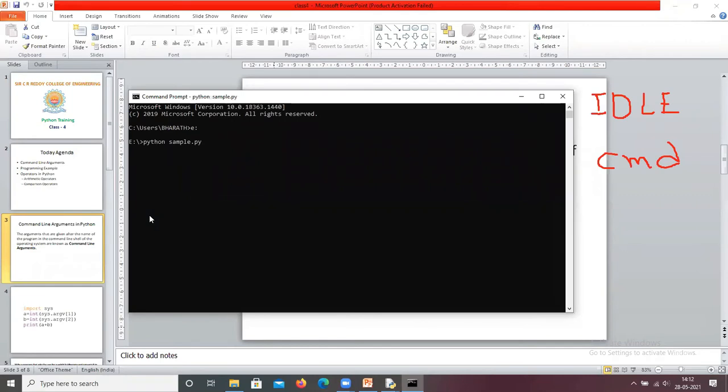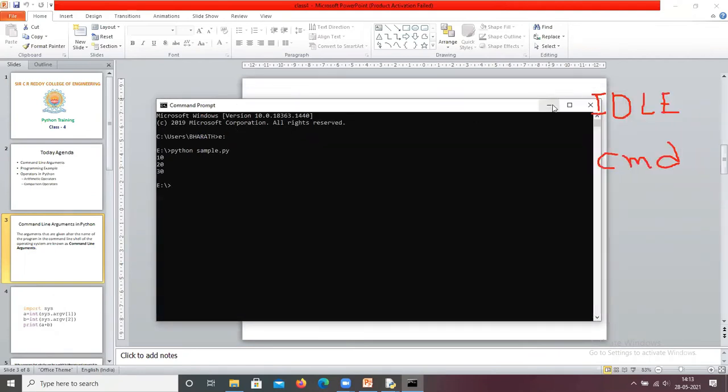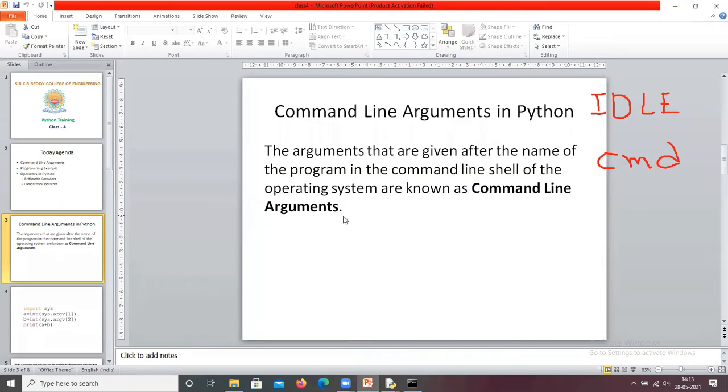If I press enter and give 10, 20, it displays 30 as the answer. I hope it is visible to everyone. Now you all understand how we execute the program in the command prompt. Now you see.